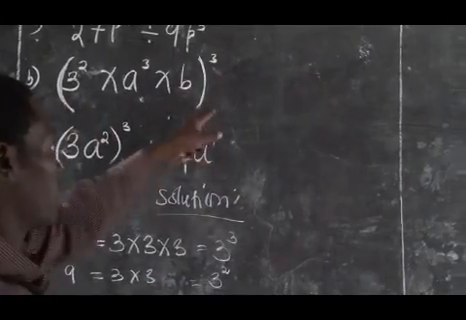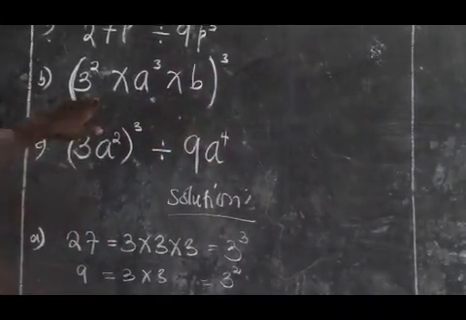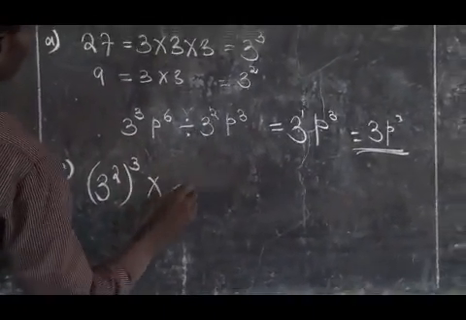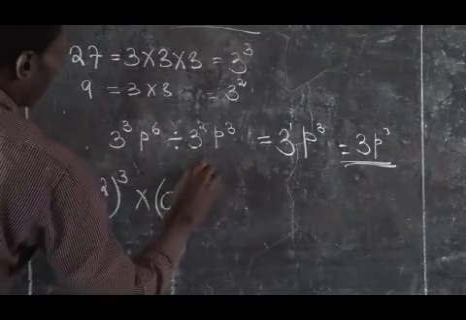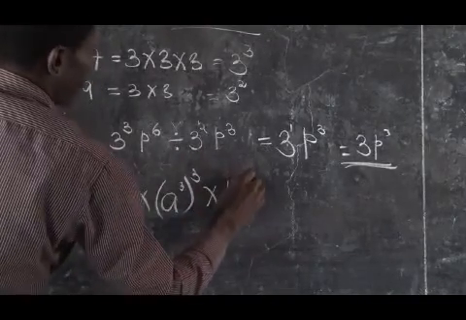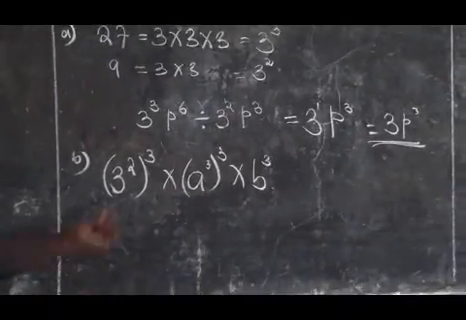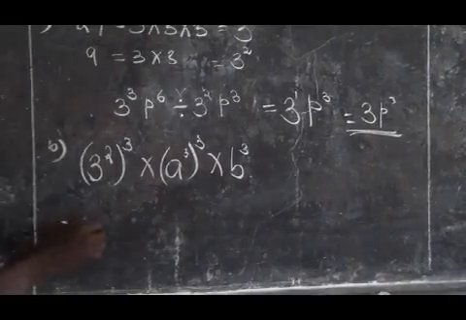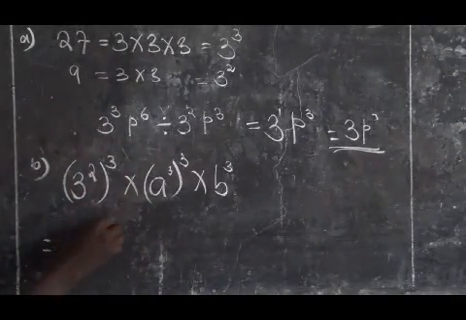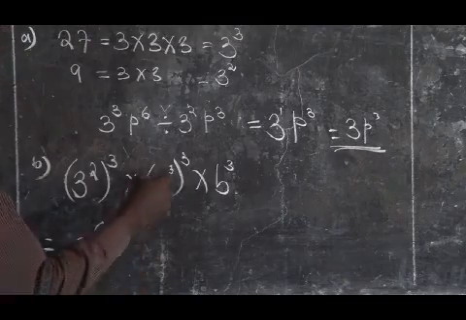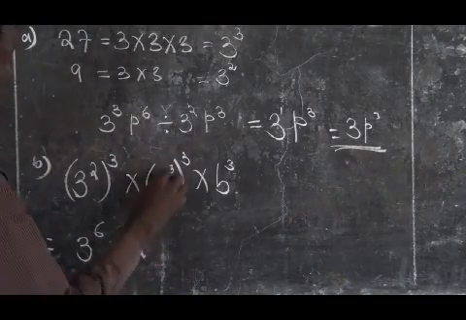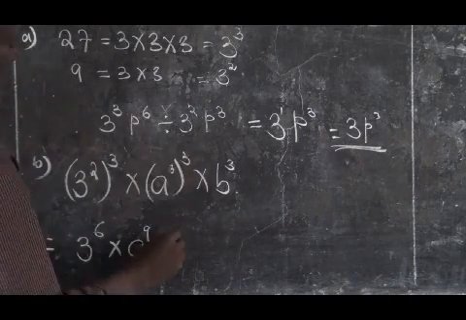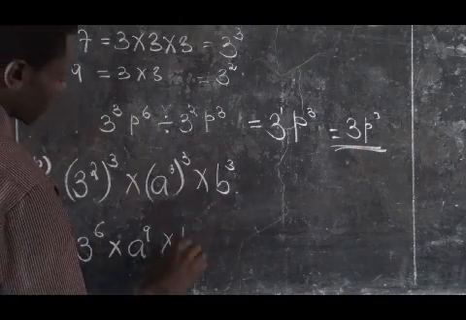That's the meaning of these brackets. So if we enter these 3 inside here, we're going to have 3 power 2, again power 3, times A power 3, again power 3, times B power 3, like that. But I told you that if we have a power inside and a power outside, we multiply the powers. So after multiplying these two powers, we're going to have 3 power 6 times A power 9, because of the 3 times 3, times B power